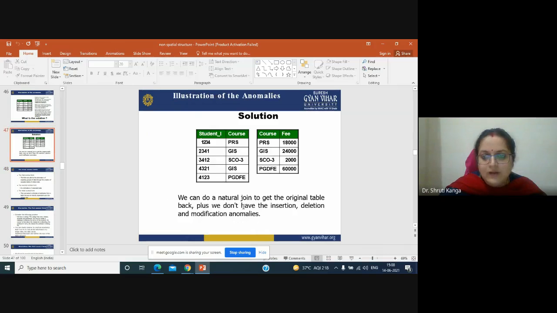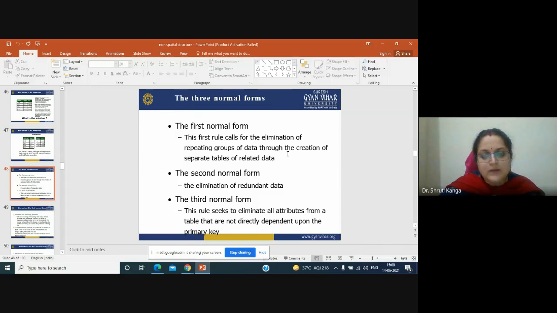Here we have entered GIS only once. The third seeks to eliminate all attributes from a table that are not directly dependent on the primary key.